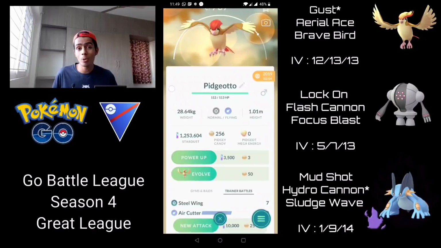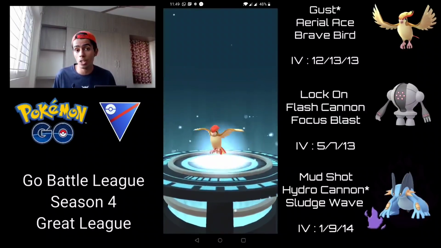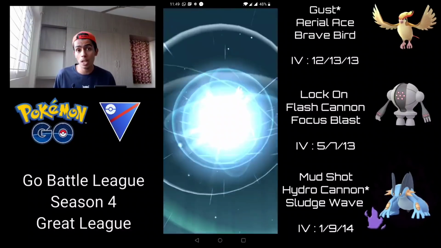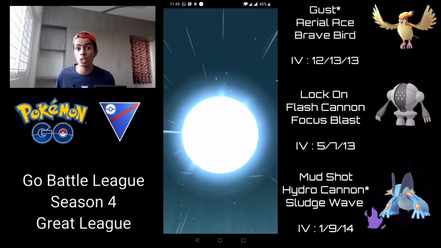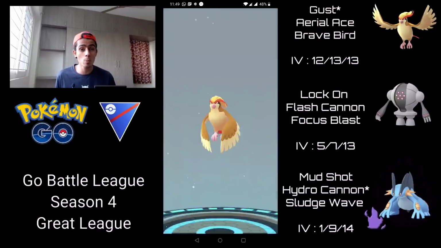So we're going to get into some more Great League battles, and in today's video I'm going to be showcasing a set of battles featuring Gust Pidgeot in the Great League. Now Gust is obviously the new exclusive move which was obtainable by evolving a Pidgeotto into a Pidgeot during the Go Battle Night a couple of days ago, and honestly it's made Pidgeot so much better in the Great League